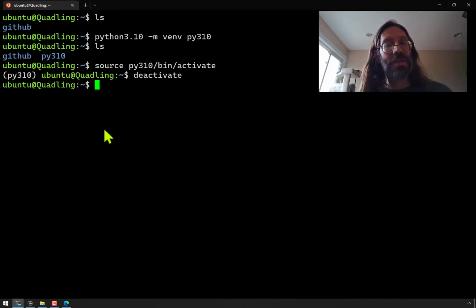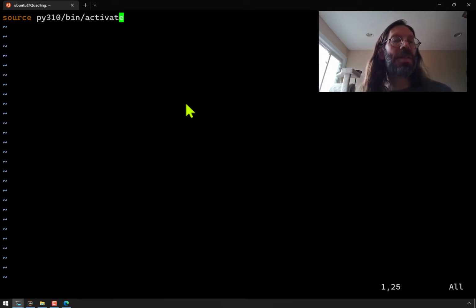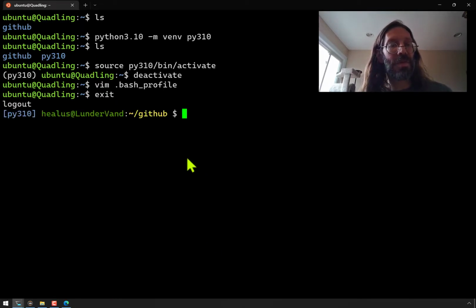And that is very useful, but it's even more useful when it's in your bash profile, which doesn't exist yet, so it has no entry. And here I will put the path out. I know it's always relative to home, so. And so now we can exit out entirely. And when we go back in,